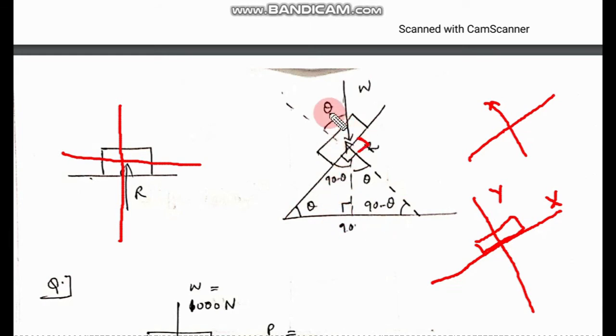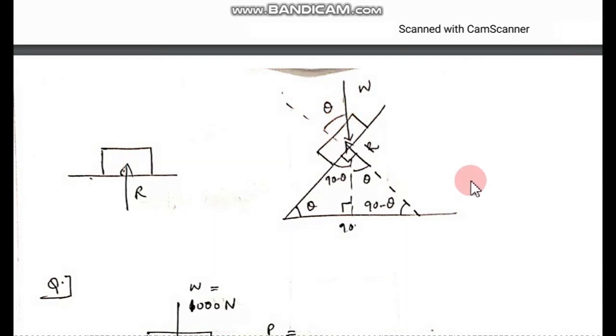So you got that the angle between the weight and the inclined y-axis is always equal to the angle of repose. This is very, very important for doing the problem. So remember this one, that the angle of repose and the angle between the weight and the inclined y-axis will be the same, that is theta. Okay, now there is a proof here that you need to prove. Wait, I'll be showing that now.